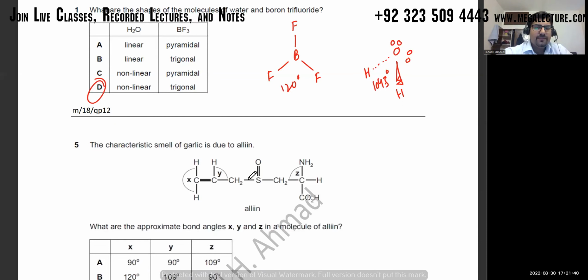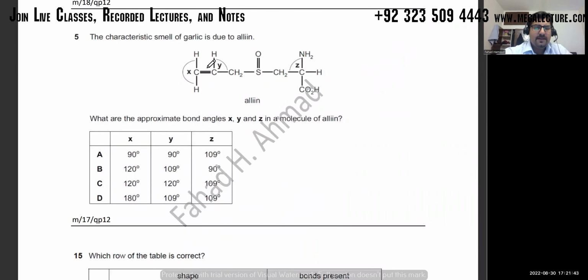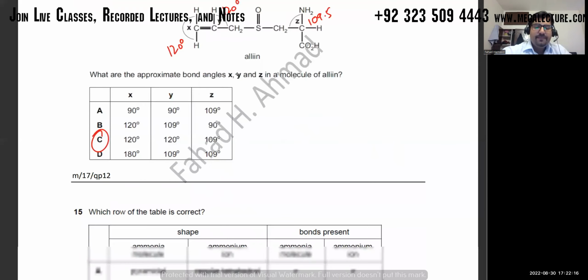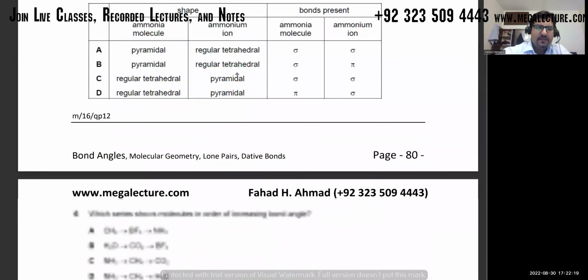Not pyramidal, ठीक है? So I said this one, they're asking what are the angles? Three pairs of bonds. I said, remember, this is not the exact shape. So the first one is 120 degrees. The second one around carbon, three pairs of bonds, a double bond, single bond, three pairs. So that's 120, and this one is 109.5. It's got four pairs of bonds. So approximately, which one is the closest? I think C is the closest. अच्छा, और बाकी बस उसी तरह, ठीक है।